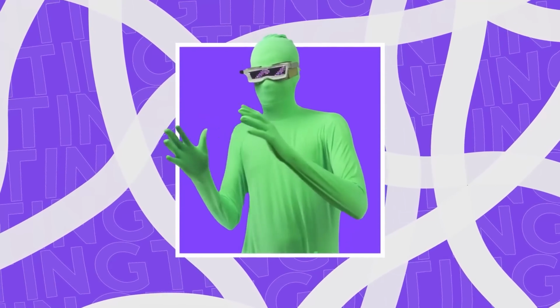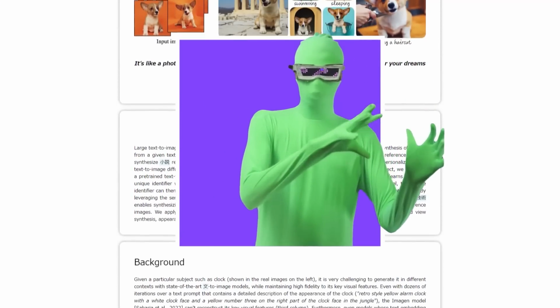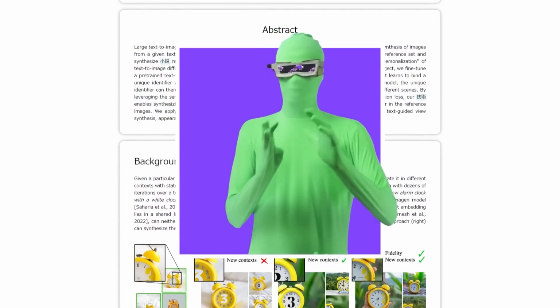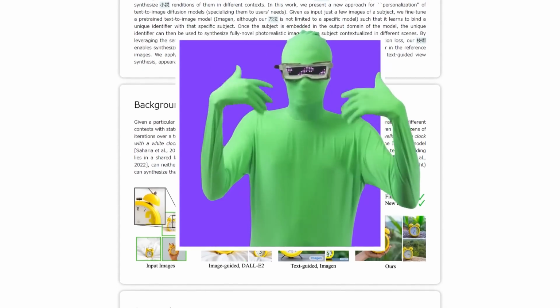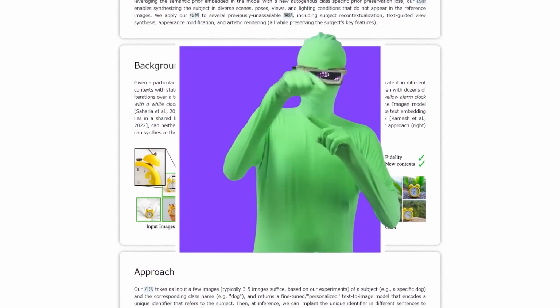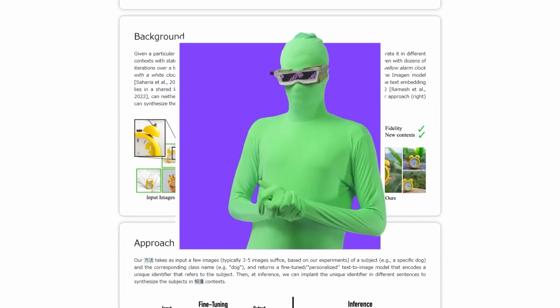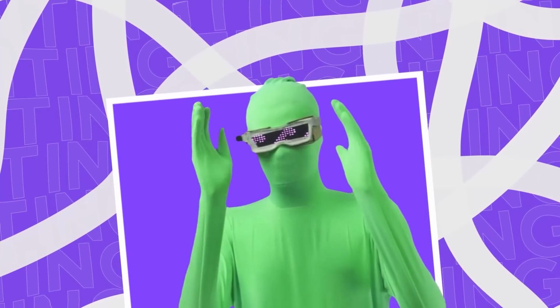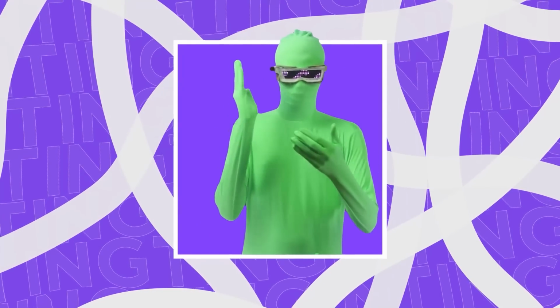It just didn't look as good. Now, using this technique, Dream Booth from Google, that was ultimately adapted to be able to work with Stable Diffusion, the open source AI image generator, you can now add yourself to your own AI image generator. And the cool part is, it looks exactly like you. You can see from the examples here, it looks really good. It really holds on to the structure of you.